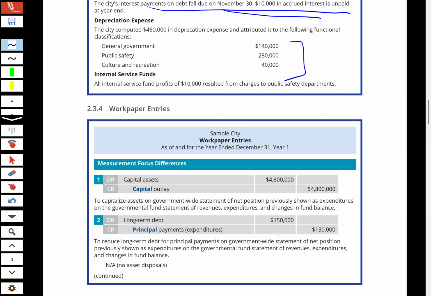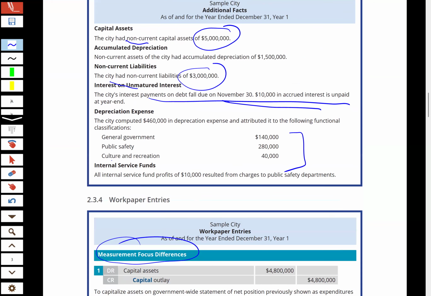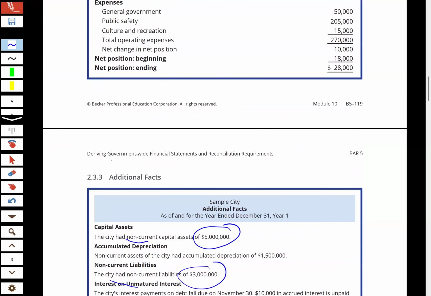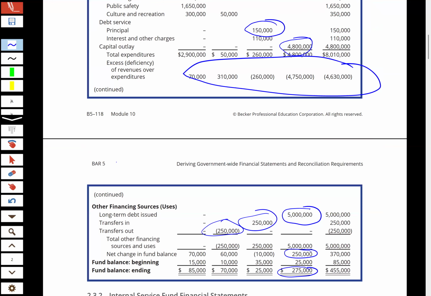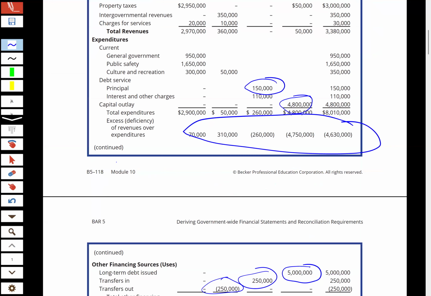So let's just go ahead and take a look. They've broken these into measurement focus differences versus consolidating differences. If somebody wanted to break them into categories, I guess you could use this kind of process, but they're pretty straightforward as to what it is we're doing, as long as you understand the differences between full accrual and modified accrual. So when we look at, for example, the capital expenditures, and I circled that earlier, 480,000,